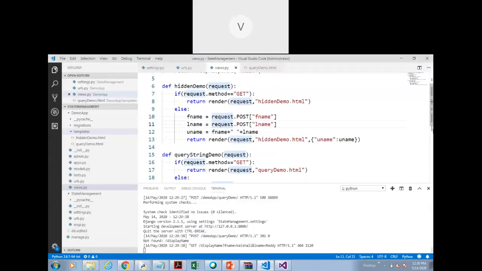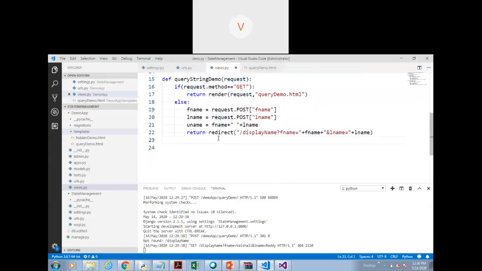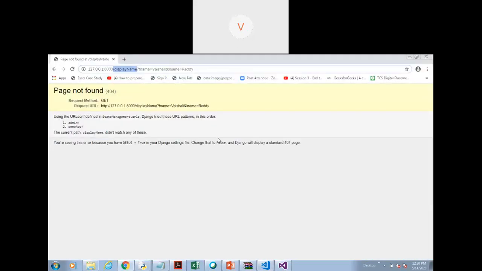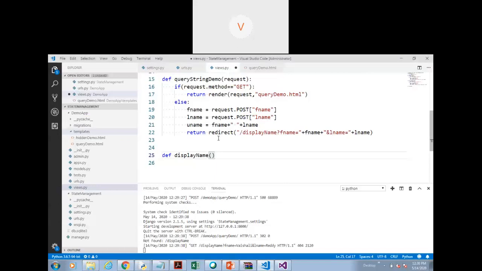So now let's go ahead and create display name. Now in this display name you can see fname and lname. Let me just try this one, lname, taking it as a parameter. One minute.